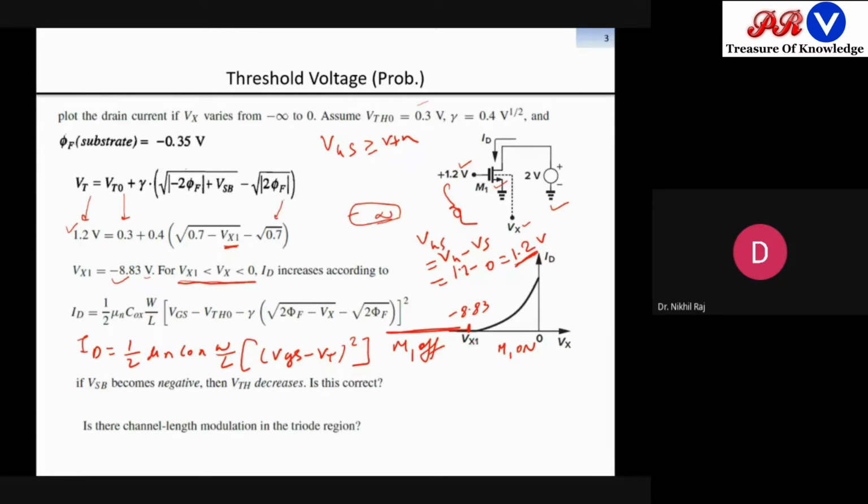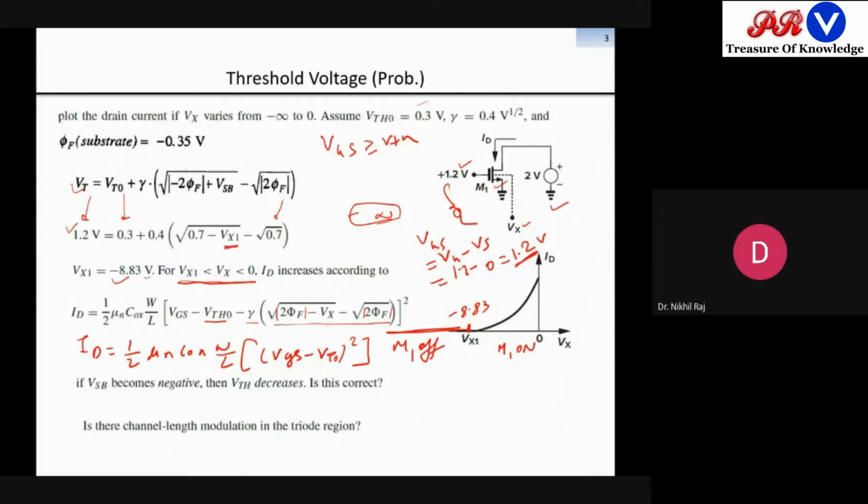Since we are measuring in a case where Vx is existing, meaning Vx has a certain value and it is affecting the MOSFET, this Vt naught will be replaced by a Vt expression. So once we replace it by Vt, what will we write here? Minus Vth naught minus gamma and internal values. Okay. So now you substitute the value, half mu n Cox W by L, Vgs minus Vt.